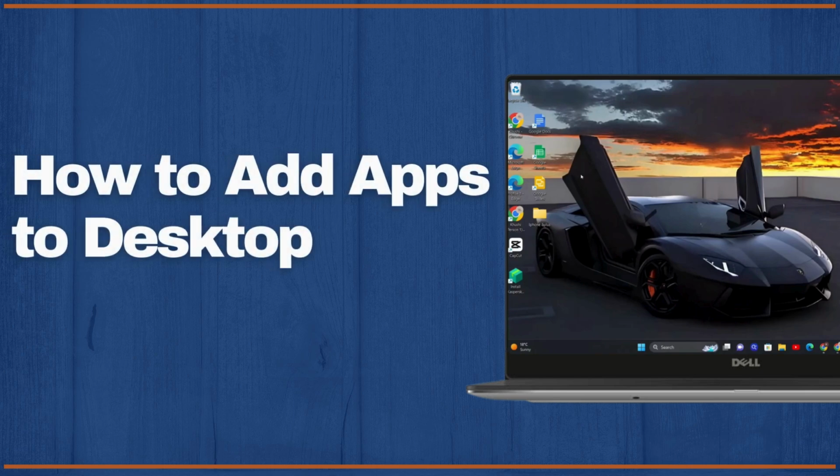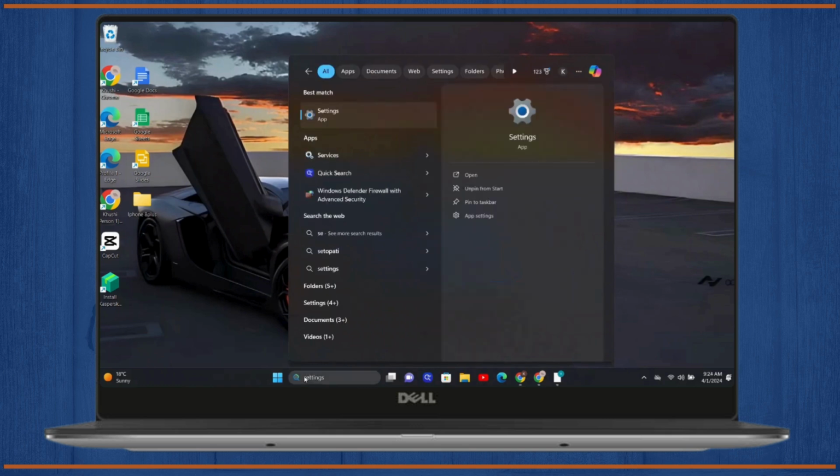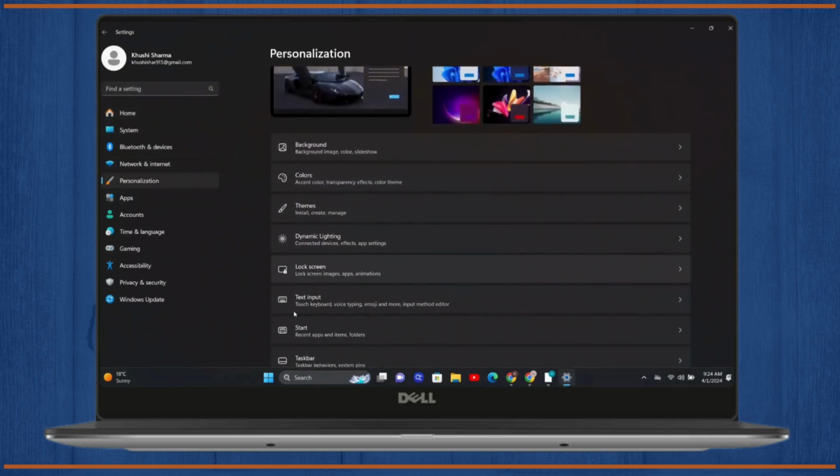How to add apps to desktop. So what we can simply do is we can click on our search bar and search for our settings, and after searching for our settings we can simply go in our settings, and there we'll get to see personalization right there in our left options area, and there we can simply click on our